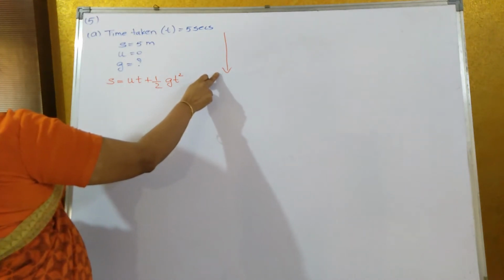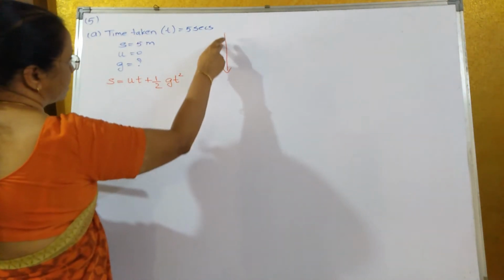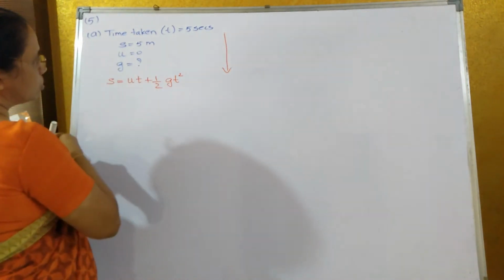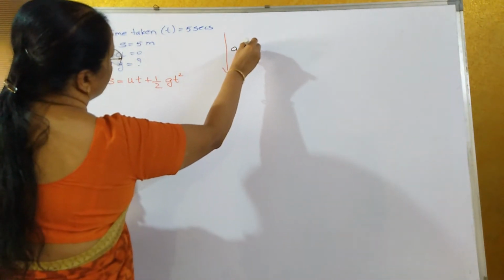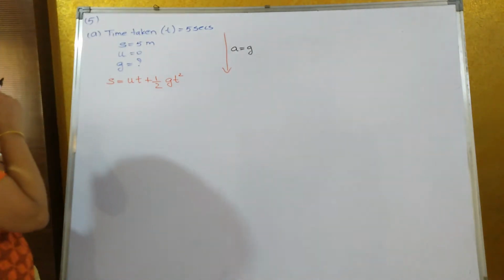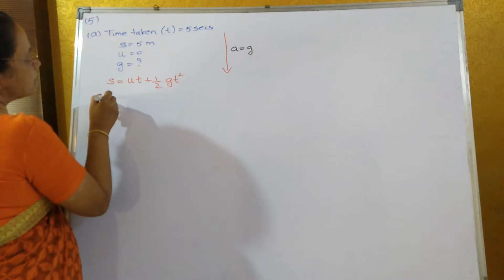On a planet, what is the value of g? g we have to find out. Since the object was at rest and then it starts coming down, therefore u is equal to 0, and since it is coming down, so a is equal to what over here? g. So we have to take g instead of acceleration. Therefore s is equal to how much?